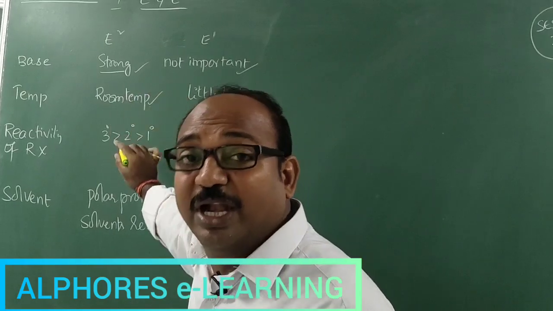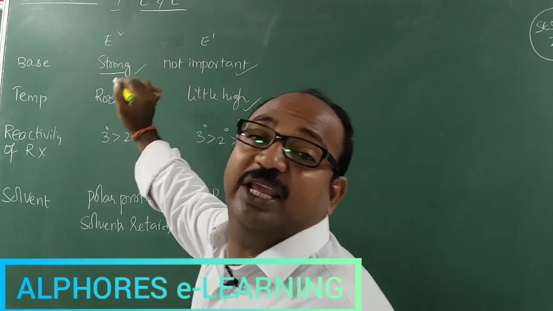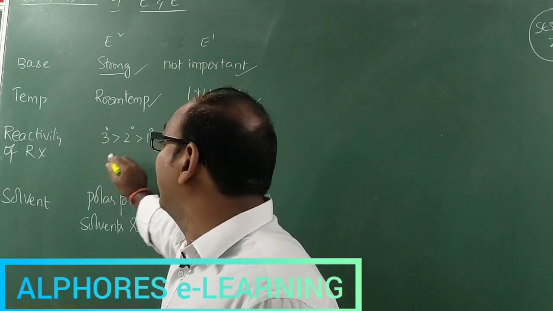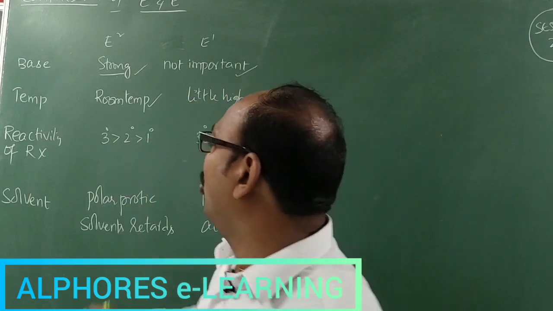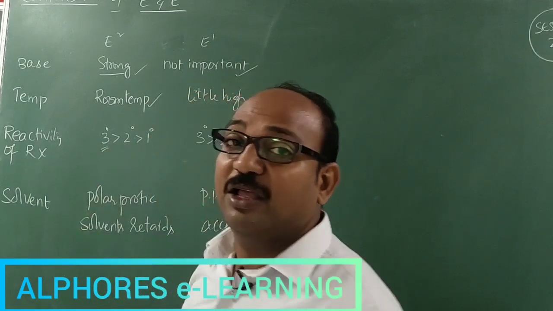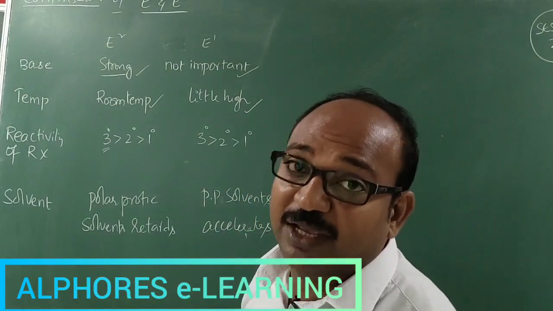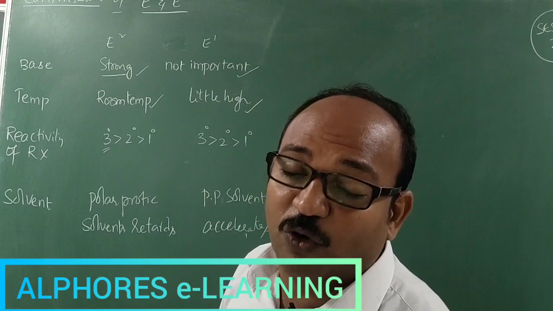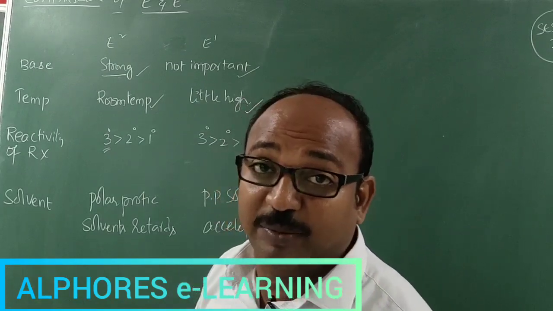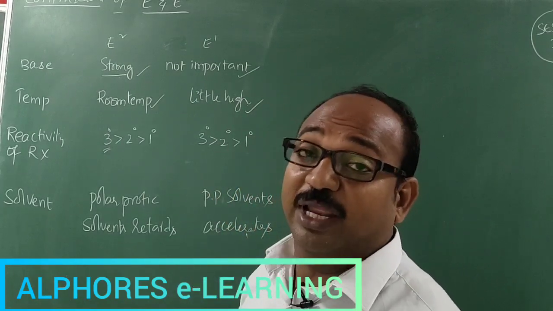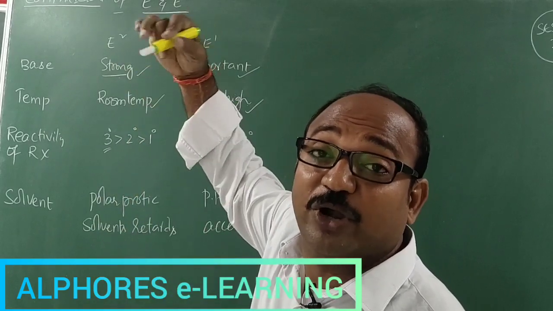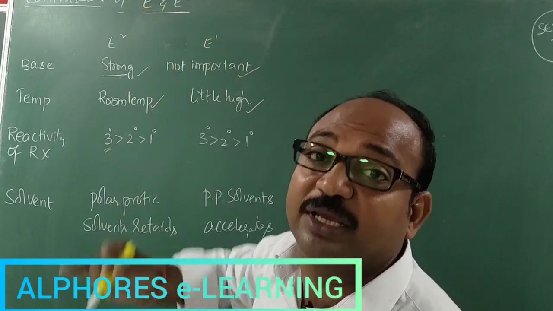For both E1 and E2 elimination, tertiary is greater than secondary is greater than primary, because a more sterically hindered alkyl halide preferably gives elimination product. The attacking base cannot behave as a nucleophile and cannot approach the electrophilic carbon, because the hindrance increases. Further, elimination product increases, substitution product decreases.